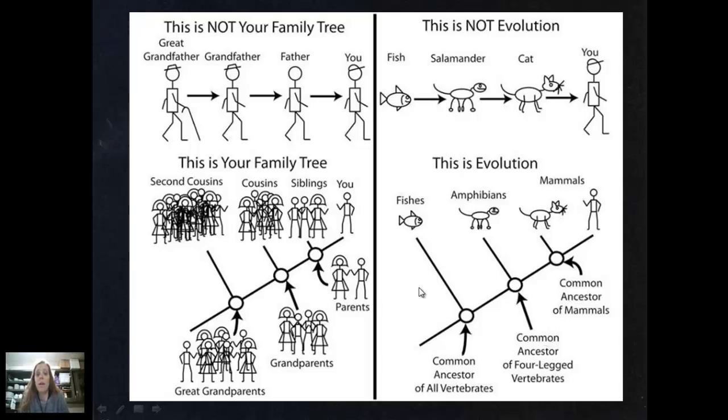However, fish do not have 4 legs. So there's a common ancestor for all of the organisms that have 4 legs, including amphibians and mammals. However, amphibians do not have mammary glands. Therefore, we did not evolve directly from amphibians. Although we share a common ancient ancestor that was a 4-legged organism, we didn't evolve directly from amphibians.